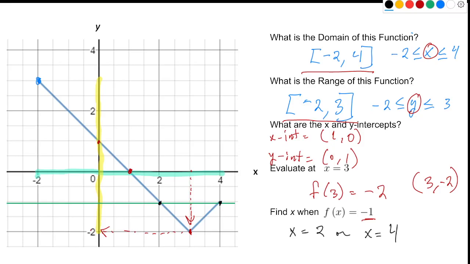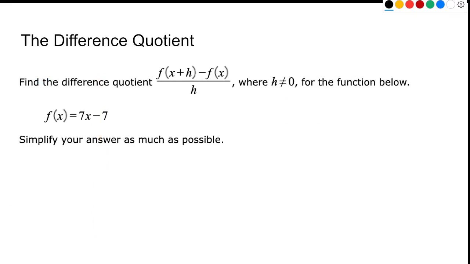So that's some function things that we're going to be looking at. Evaluating, finding domain and range, intercepts, those types of things. And our last concept for today is something called the difference quotient. And this is really set up to help prepare you for calculus. We use this quite a bit. And what I want you to see is this difference quotient really is just